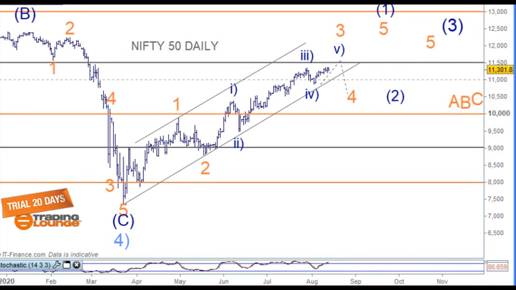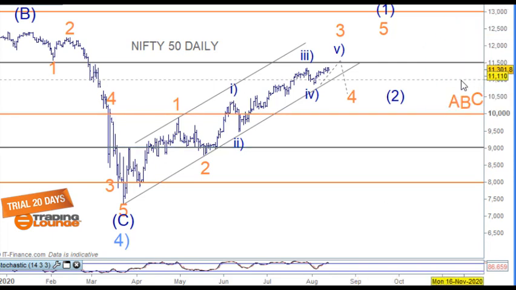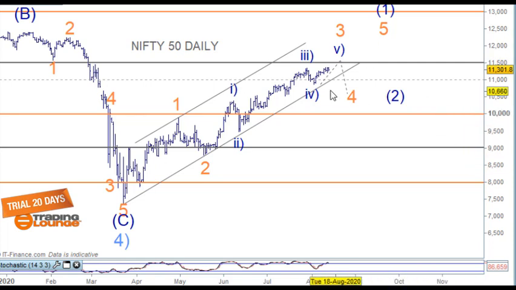And this is the daily chart here. Let me just clean this up a little bit. We don't need these here. And the structure to the upside is still impulsing to the upside. So we still need to see wave 1 here, 2 here, 1 here, 2 here, 1, 2, 3, 4, 5